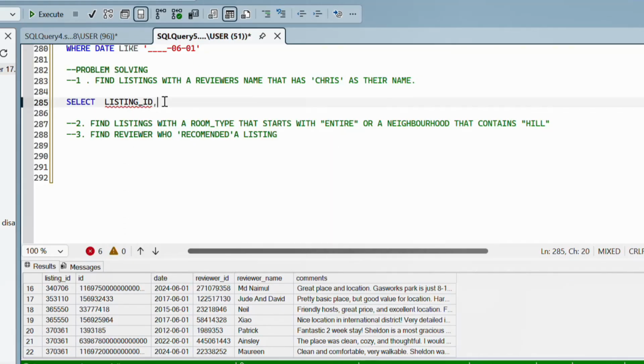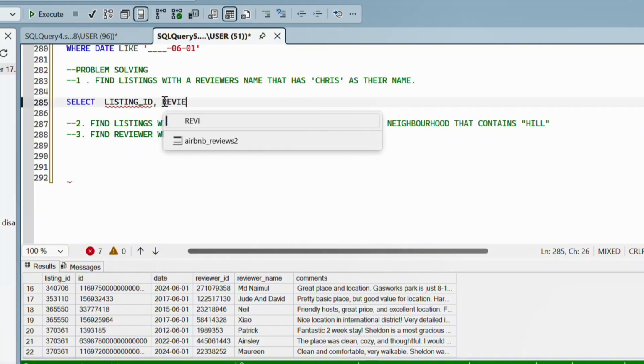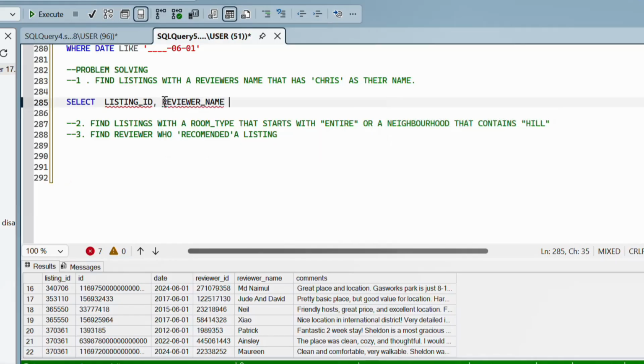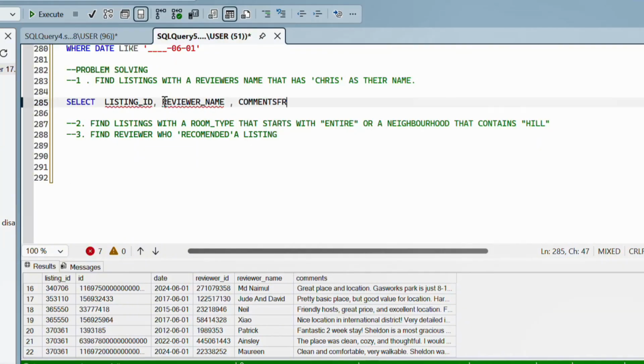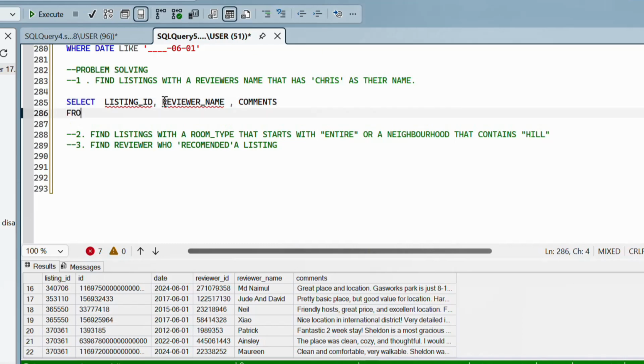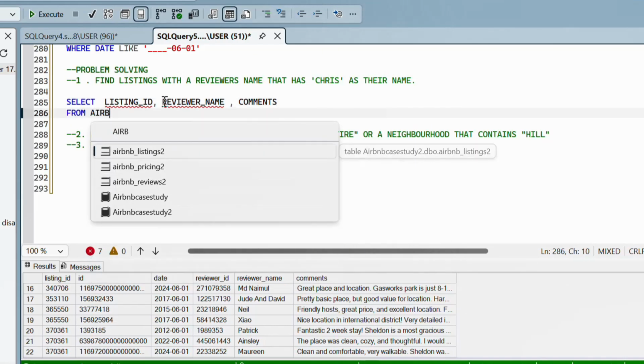We want to see our reviewer's name, reviewer underscore name. You can even add comments that they made, comments from Airbnb listing review,